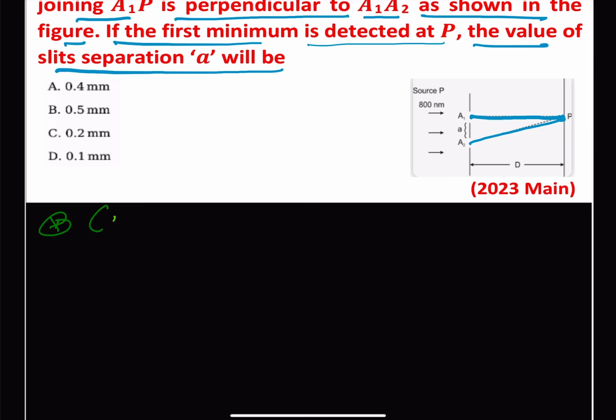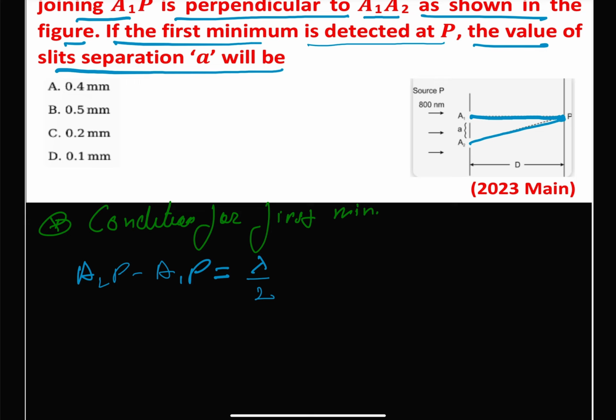Condition for first minima, and we can write the formula that A2P minus A1P will be equal to lambda by 2, and for A2P this can be written as square root of a square plus D square, because this distance is D, and we can find out this distance because angle is given 90 degree, so this will be square root of a square plus D square, and A1P is nothing but capital D, equals lambda by 2,